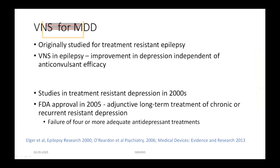It was originally studied for treatment-resistant epilepsy, but when VNS was given in epilepsy, it was found that patients improved in their mood symptoms independent of their anticonvulsant effect. So the seizures didn't improve, but mood improved in quite a few patients. Because of this, studies of VNS were done primarily in depression, and there has been FDA